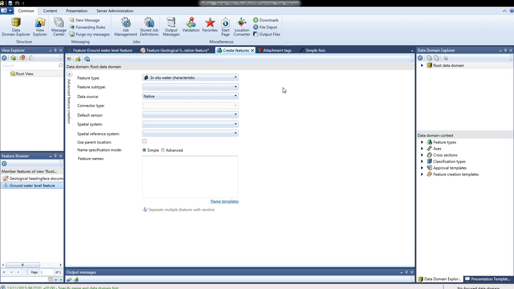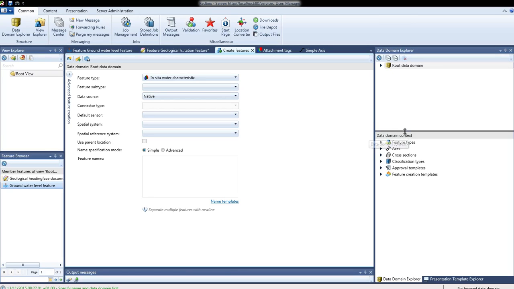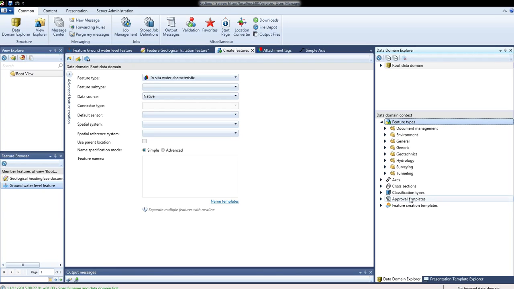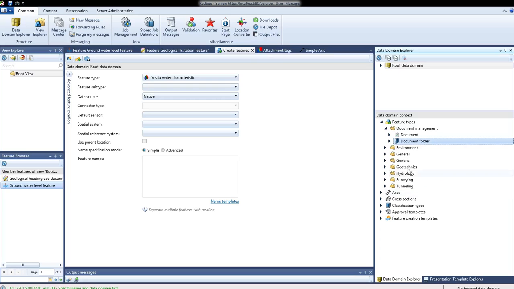Let's have a quick look at everything about the different specifications you can make in a data domain. If you click one data domain, you will see, beyond this list, beyond the data domain itself, a list of possible different types of data which can be specified. In the first tree, you get all the feature types which are available in the Redbex system, and you can make settings for each feature type of this data domain, which means whatever you define on this